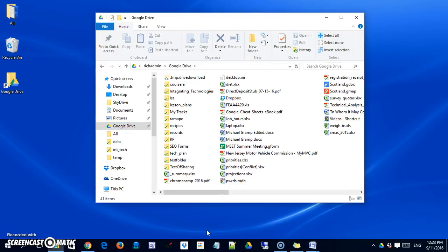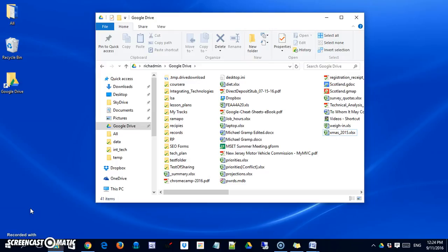Now on a PC, there are a number of ways to do it. There are extensions you can get. There's a snip tool, but sometimes those are problematic or it's just a lot of time to explain. So I'm going to go with the old tried and true method. On your computer, find the key that says Print Screen and tap it. That is going to take an image of your entire desktop. And all you've got to do now is save that out as an image file and put it in the